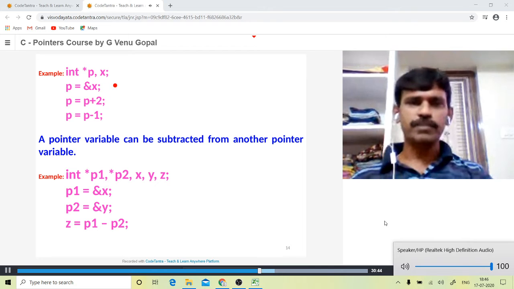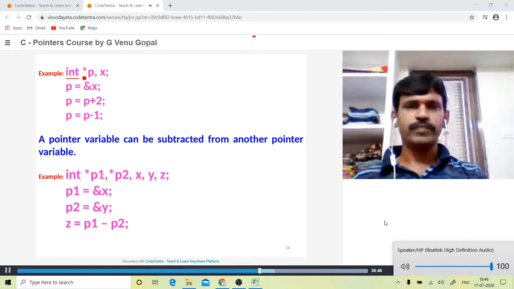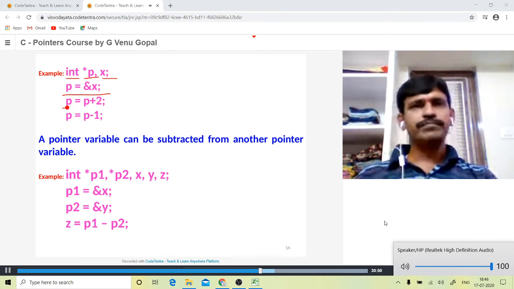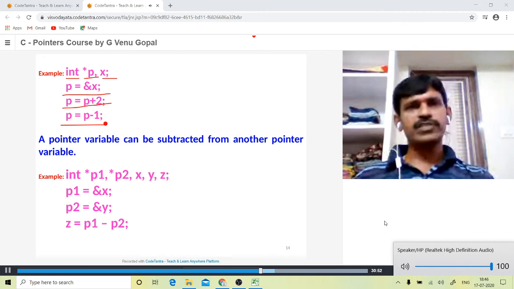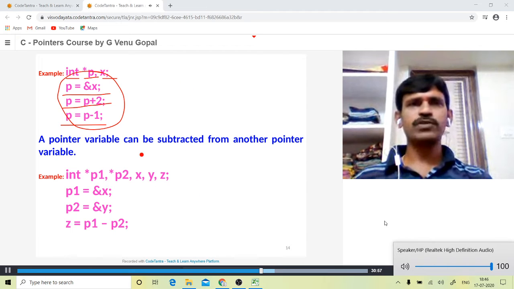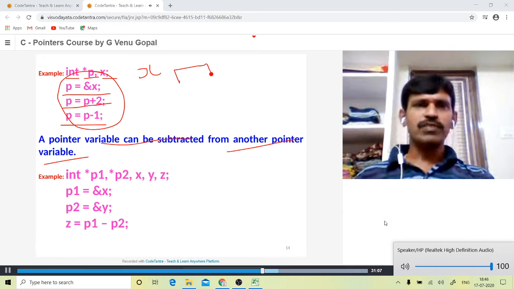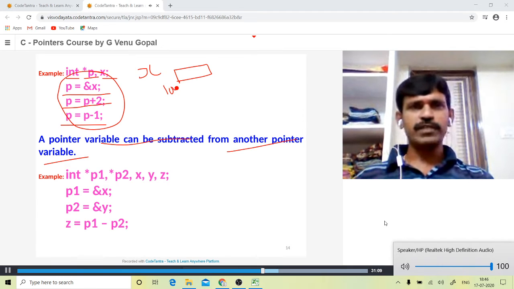So this is an example. int asterisk p, x, p is equal to ampersand x, p is equal to p plus 2 and p equal to p minus 1 are the different operations we are trying to perform. And a pointer variable can be subtracted from another pointer variable. Just now I have given some simple example sequence here. Let us assume that x is created at 100. P is a pointer variable.